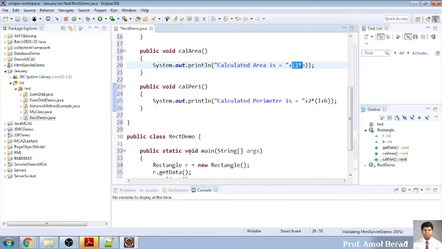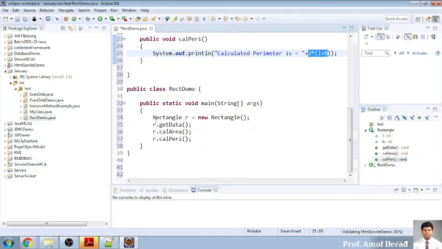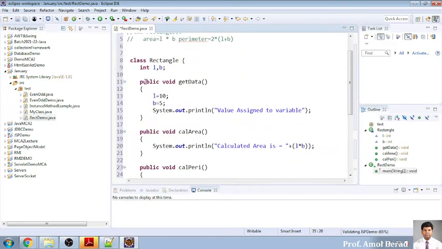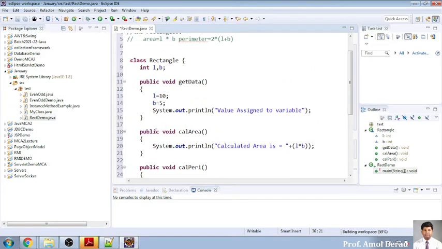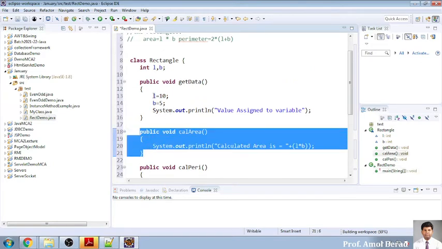Okay, and this I have created an object of the upper class by saying R, and R dot getdata will be calling this function for setting the values. Then again it comes back. Then R dot calarea will be calling the function called calarea. Already we have assigned this value to the variables which we have written globally. This is a global declaration within a class.